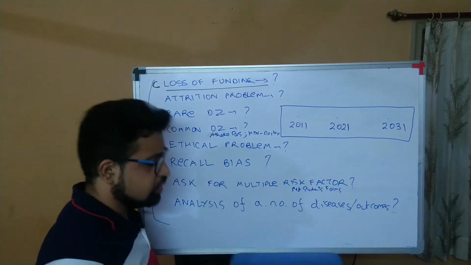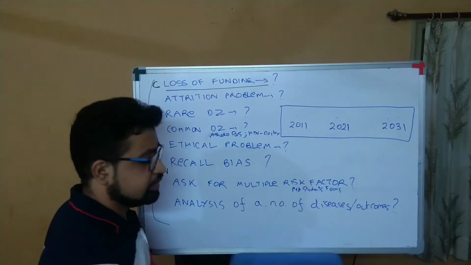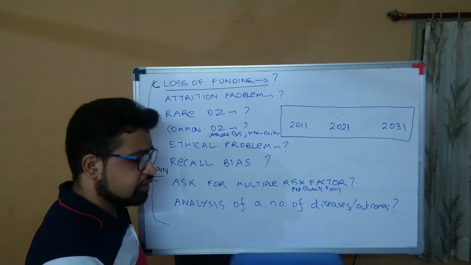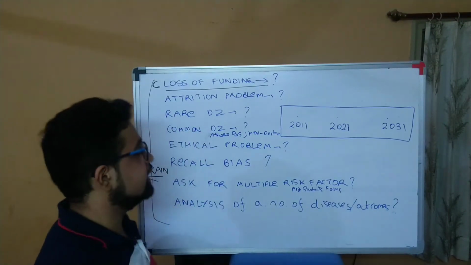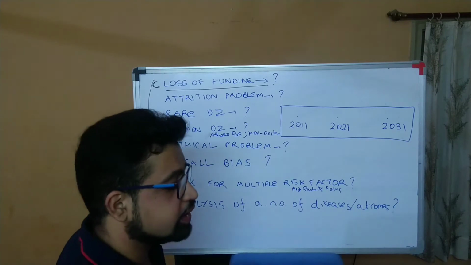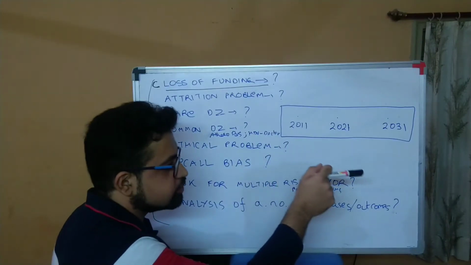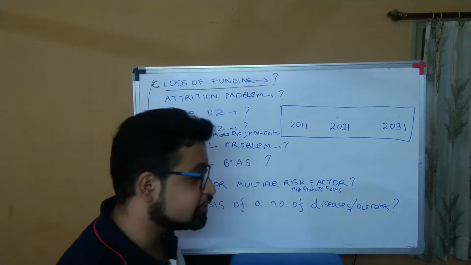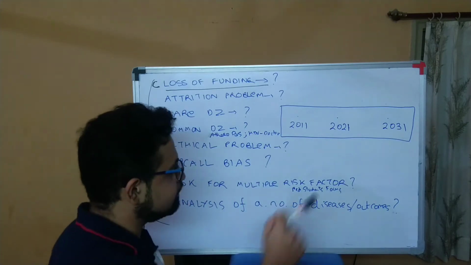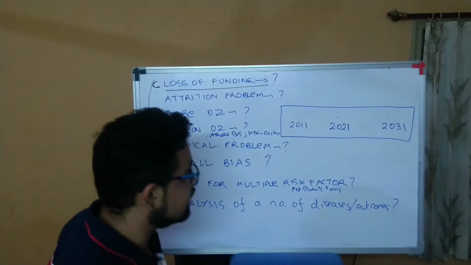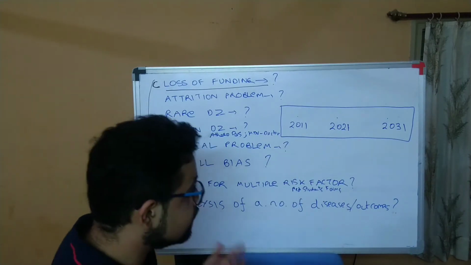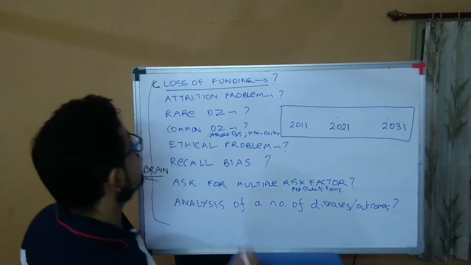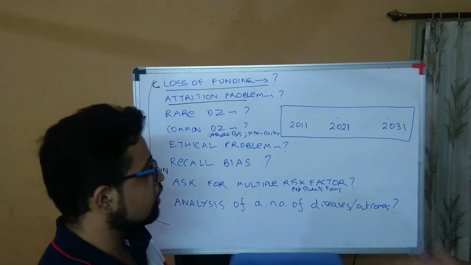Now, the attrition problem. What is the attrition problem? It clearly indicates loss of follow-up. Imagine, where would you get loss of follow-up? For 10 long years, you are telling those 100 patients, keep getting exposed to asbestos, keep smoking, so that when you get lung cancer my study will be successful. Just logically imagine, out of those 100, at least 30 people will say, I'm smoking, these guys are expecting me to get lung cancer, I should stop smoking. So the attrition problem is loss of follow-up.